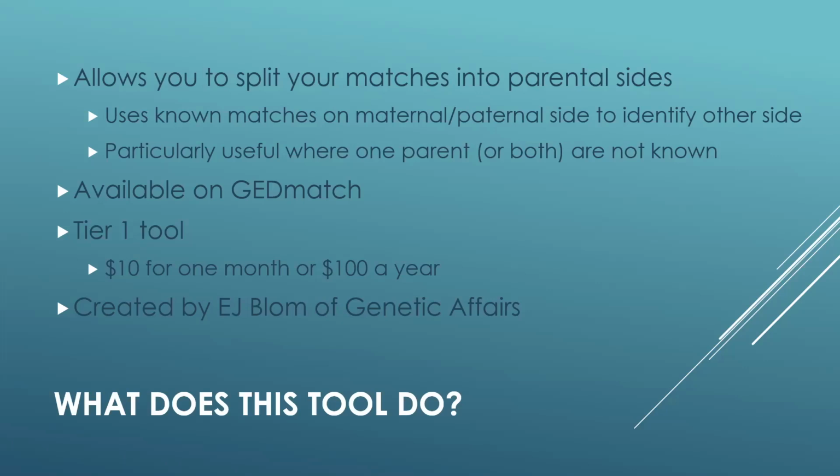So I'm going to be showing you an example of how this works. But what we're going to be really talking about today is how you would generate this file and how you can use this tool. Now, it is particularly useful whenever you don't know who one of these parents are, or maybe you don't know who either of the parents are. So this is a particularly good tool for adoptees, because they're going to be able to get a split between their parental sides, even if they haven't yet established which side